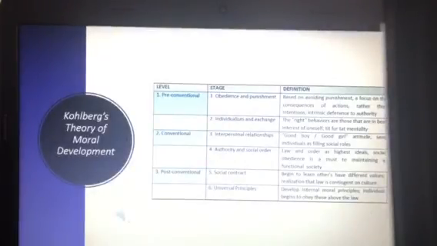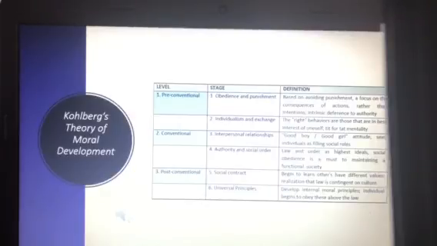Lawrence Kohlberg examined children's moral development and found that despite what previous theories had said, children were in control of their thought process and were able to carefully think through the correct action to take in different scenarios. Kohlberg found that both adults and children will construct their moral reasoning in different ways based on their beliefs.